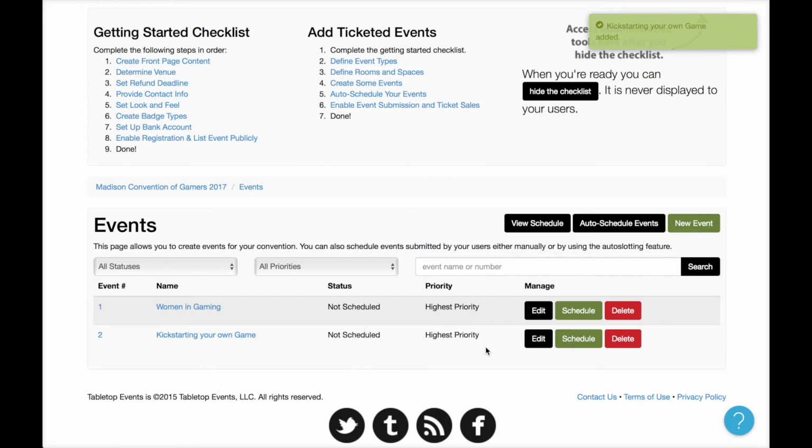Now, if we want to schedule these events, we can hit this schedule button. This green button tells you that it has not been scheduled yet. There's also a status here that says it has not been scheduled yet. So if I hit schedule,